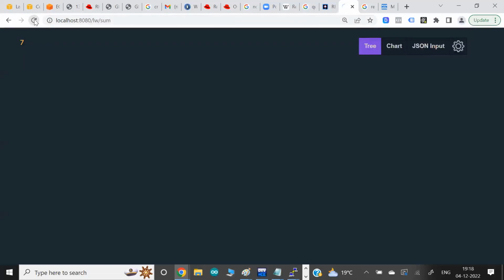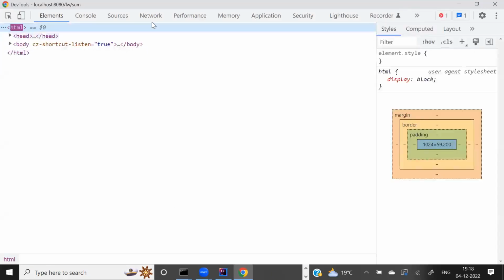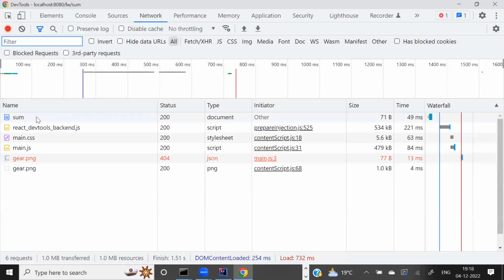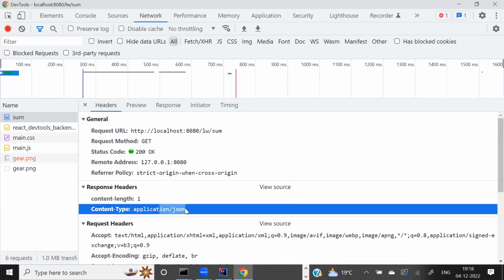But in the browser, if you inspect, go to network, and refresh, here you can see the response in JSON format.